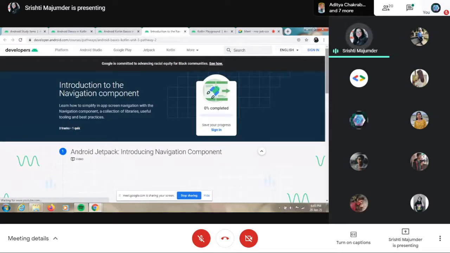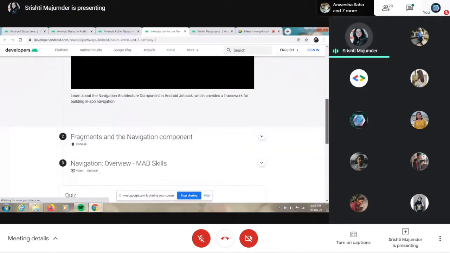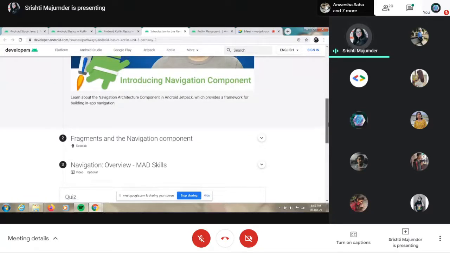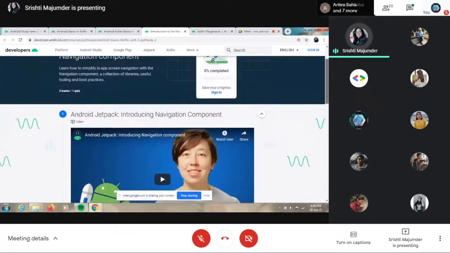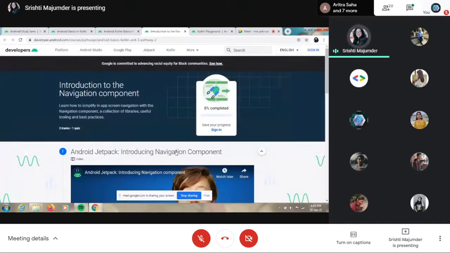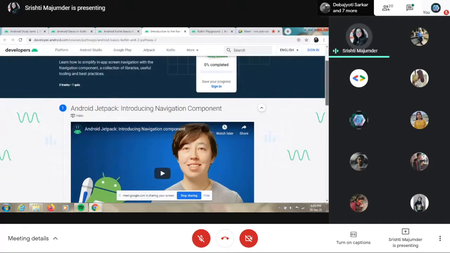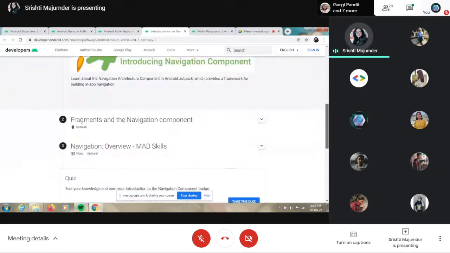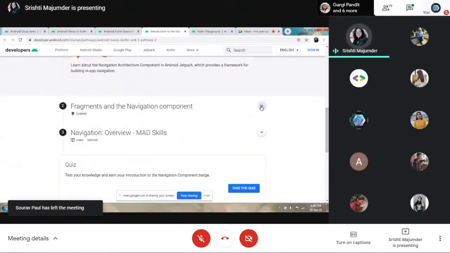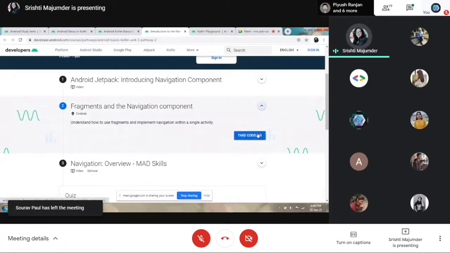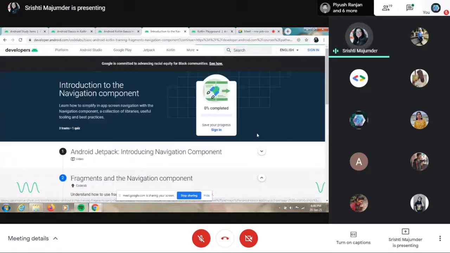The first and the last ones are really small. They are introducing a navigation component known as Android Jetpack. We know that programming in Kotlin and opening all the pages is pretty tiring, so they have introduced this new navigation component which makes it easier using their inbuilt libraries and tools.